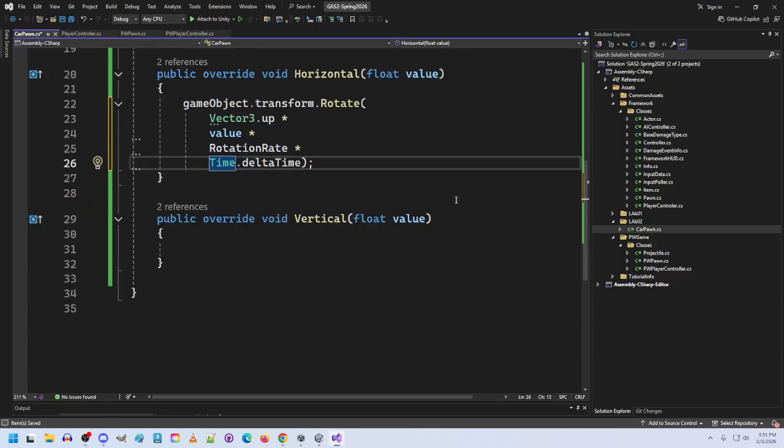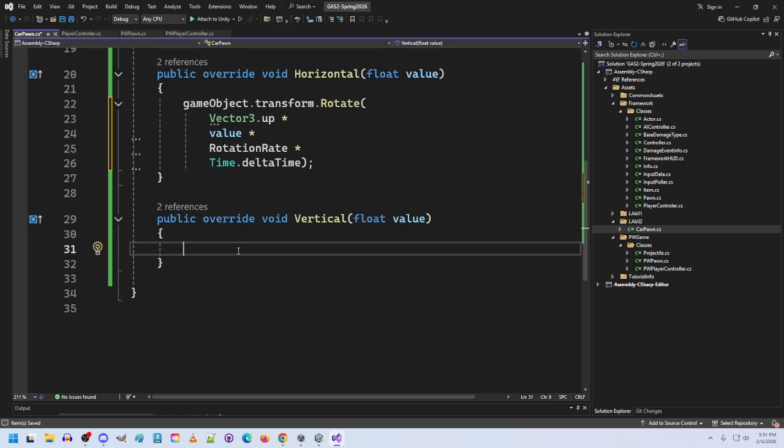So vertical, again, this is going to go to the rigid body, and I believe